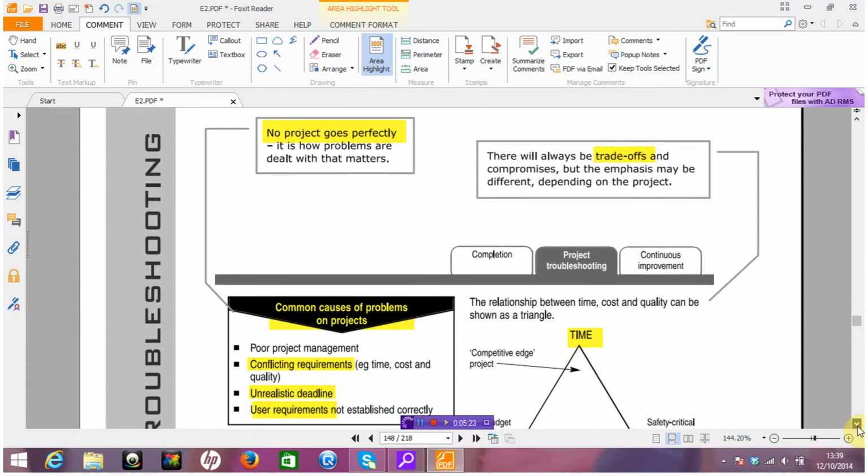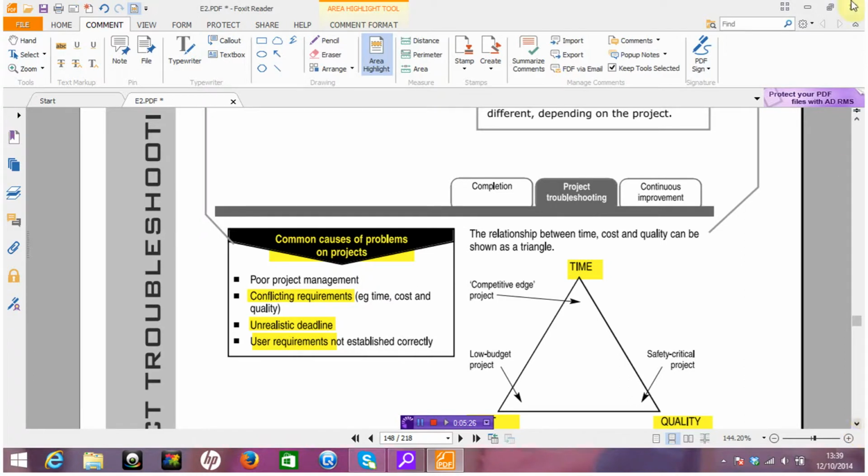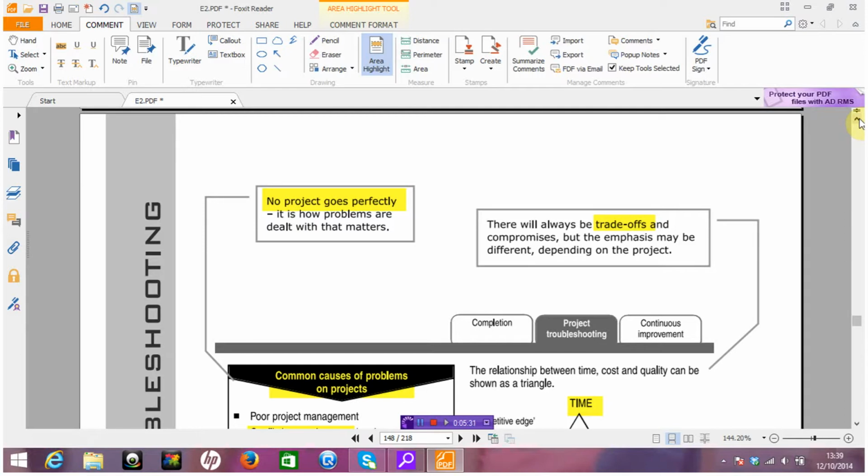Within Chapter 9, we're looking at further areas of troubleshooting. What's important here is to recognize that within our iron triangle, our three criteria, things don't go right all the time, and more often than not, the examiner, certainly in the area of project management, is going to come at this from the point of view of us having issues with all three areas of the project, and therefore perhaps there's going to be some constraints or indeed trade-offs